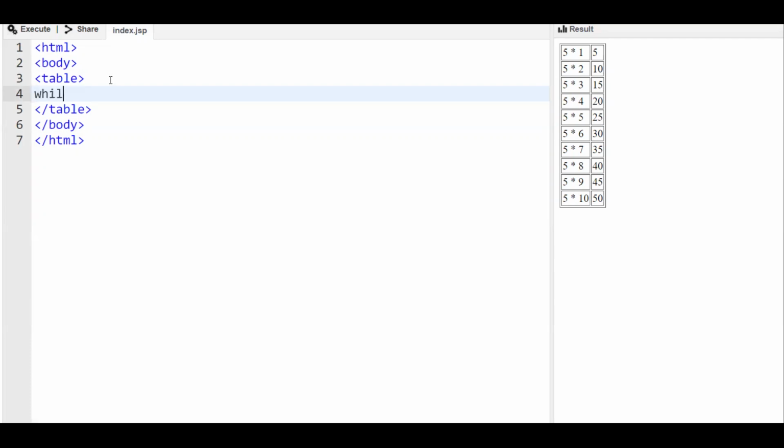So while, we need a variable, and that variable has to be declared. We shall declare it here itself first, starting with 1, while I less than 11, which means we will be printing till 10.